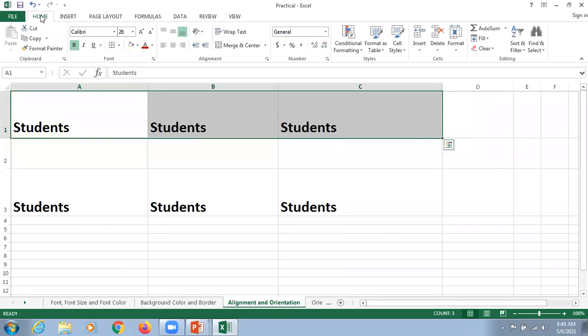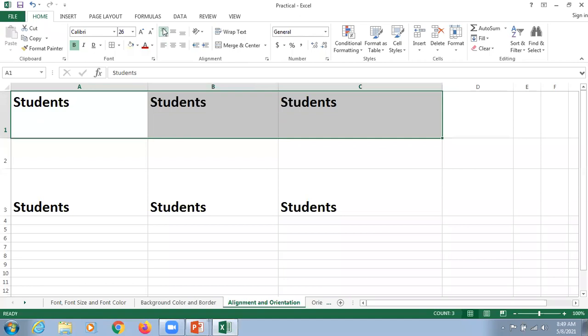And here in the home tab, one alignment option will be there. And these are the 6 different alignments. The alignments on the bottom side, this is 1, 2, and 3, are to be considered as horizontal alignments, and on the upper side, top align, middle align, and bottom align, are to be considered as vertical alignments. So kindly concentrate first of all on the vertical alignments. I'm just going to click here on top. So if you are able to watch this thing, the text will be appearing on the top of the cell.